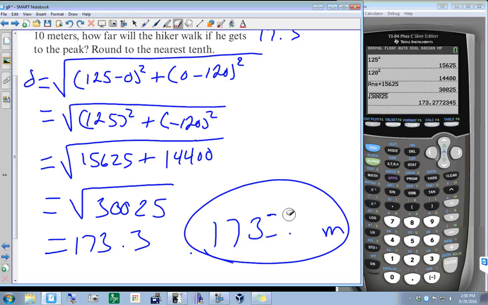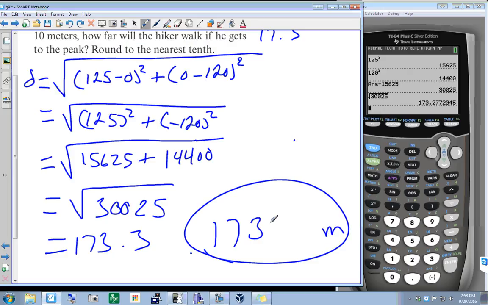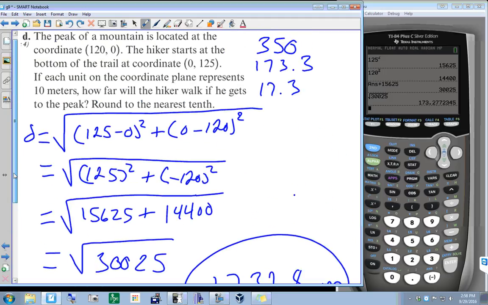So if I did that, 173.2, yep, 28. Yep. So you got to be careful about what you're doing and actually read the instructions. That is generally where people are going to fall down, is because they didn't read the instructions, and pay attention to what you're doing. After all, this stuff is about as easy as it gets, simply because